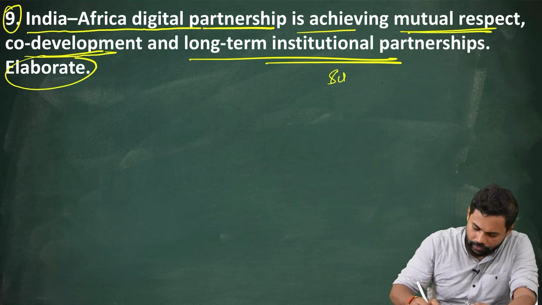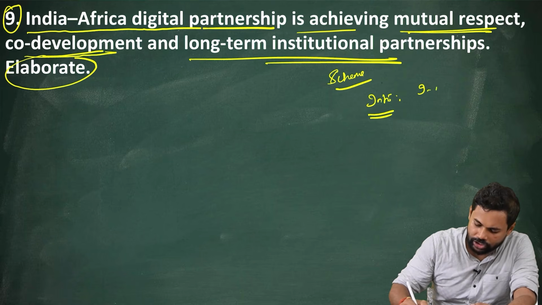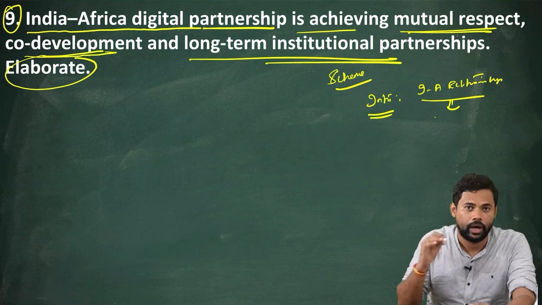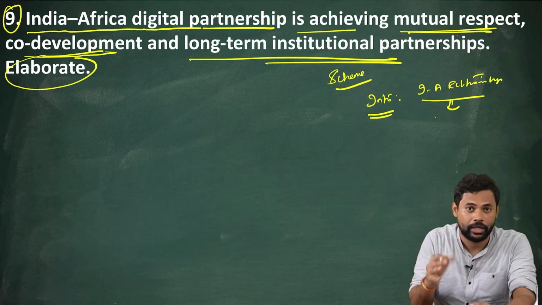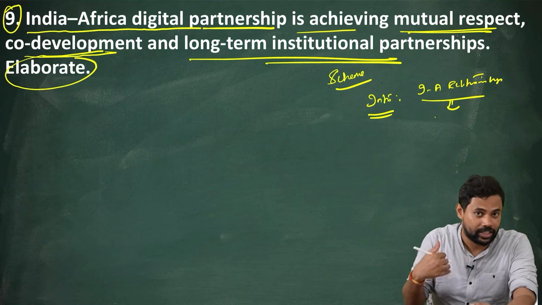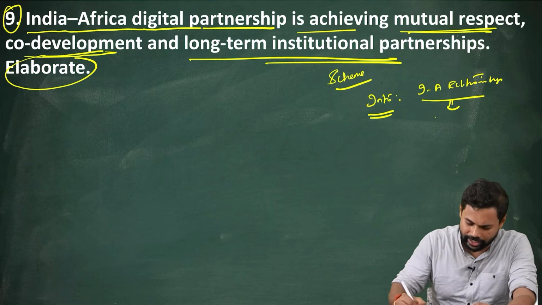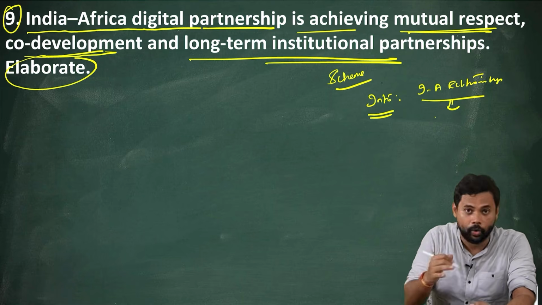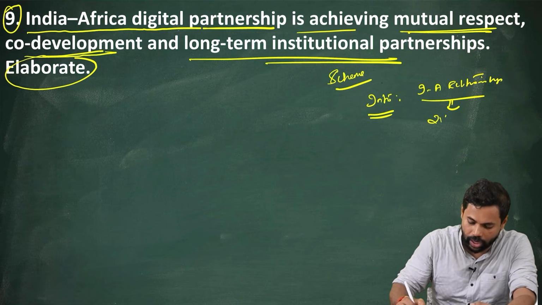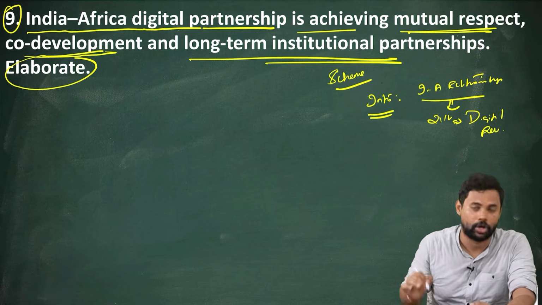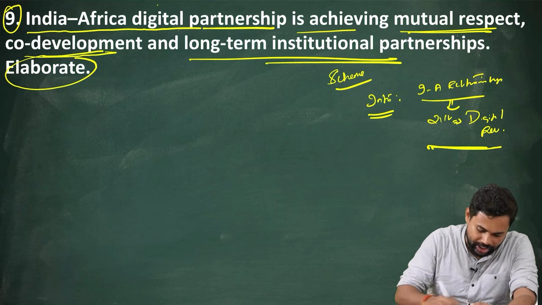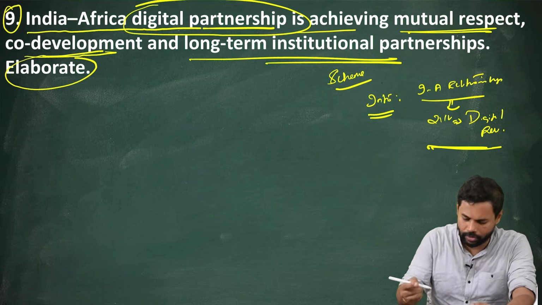So in the schema, first you are going to write the introduction. In the introduction I will talk about India-Africa relationship, how this relationship has tied both the continents, how these two regions have always been together in anti-colonial struggle, in let us say South-South cooperation, or as a voice for global South. Okay, so that is how I will try to introduce, and I will also touch upon how in the recent 21st century, our relationship has resulted in digital revolution. This is also something that I have to talk about. Because the question is mainly talking about digital partnership, you have to add that point there. So this will be the introduction.